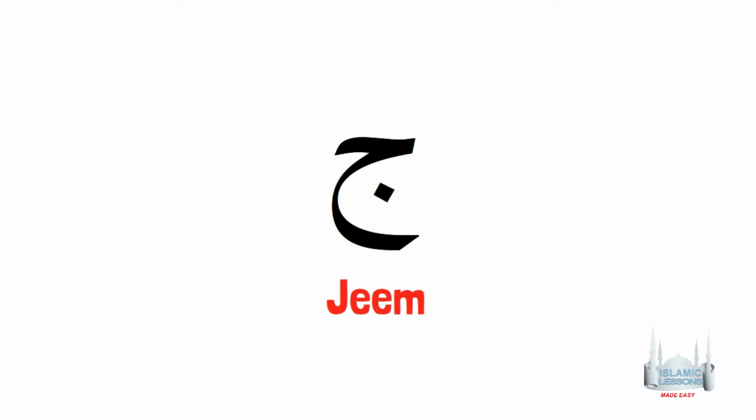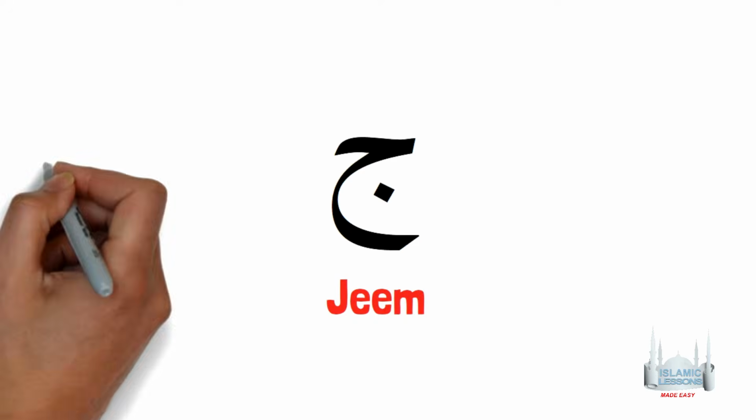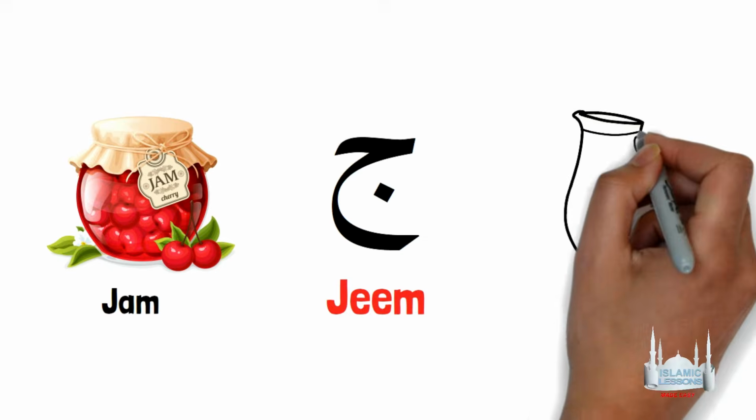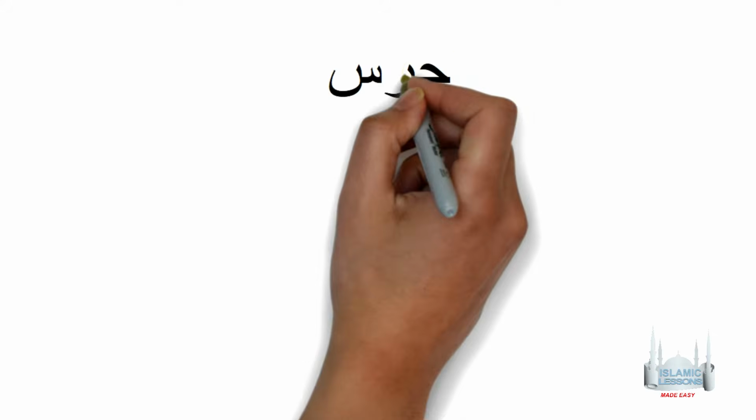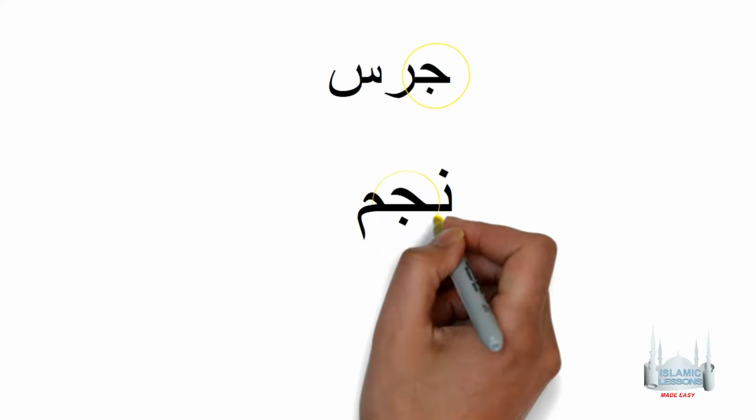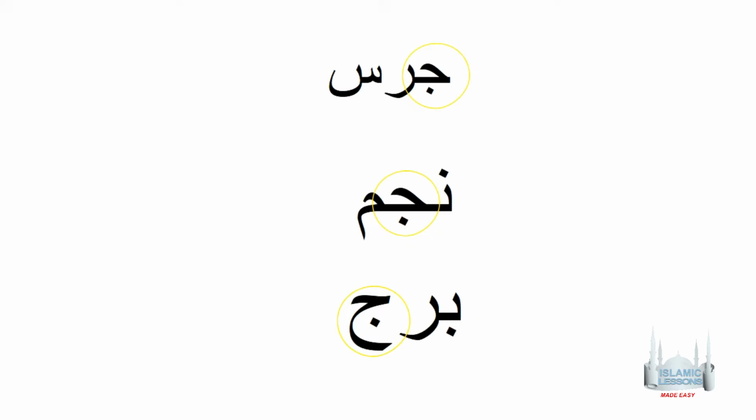of a word. This letter is called Jeem. It is a light letter. In English, it is like the letter J in the word jam or the word jug. This is what Jeem looks like at the beginning, like this in the middle, and like this at the end